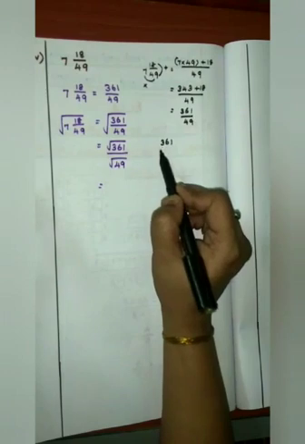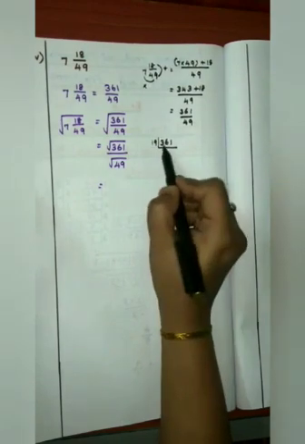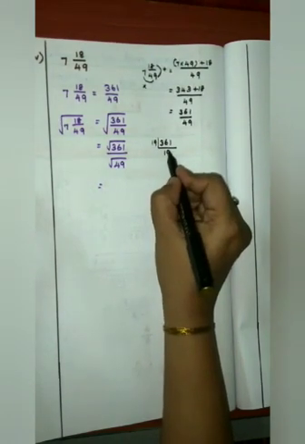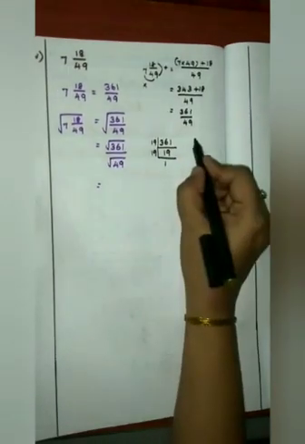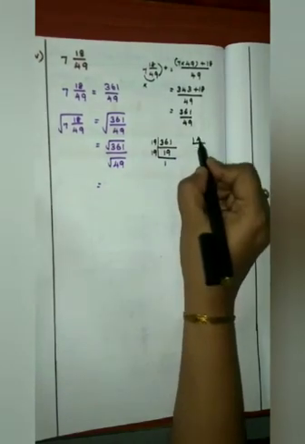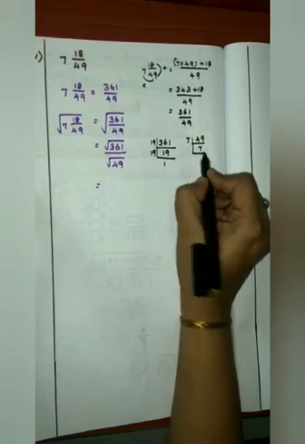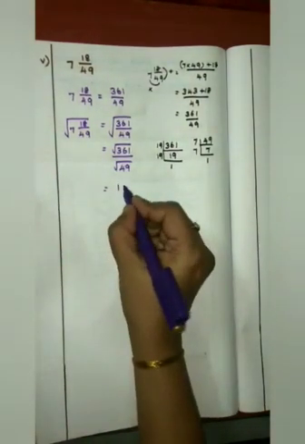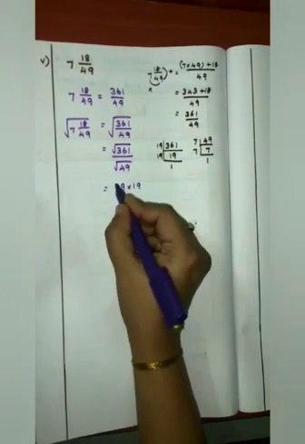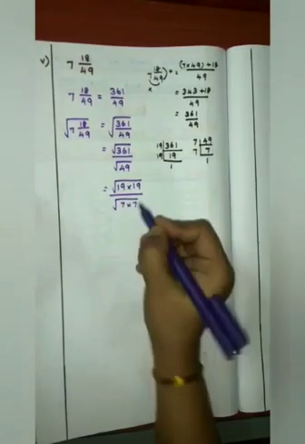I tried with all the small prime numbers, but 361 is divisible only by 19. So when I divide this by 19, I get 19 again. So divide again by 19, 1. Now find the prime factors of the denominator 49. We know that it is divisible by 7. 7 sevens are 49. Again divide by 7, 1. Now write the prime factors inside the square root. 19 into 19 by root of 7 into 7.